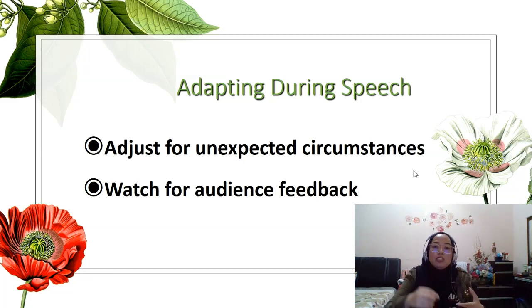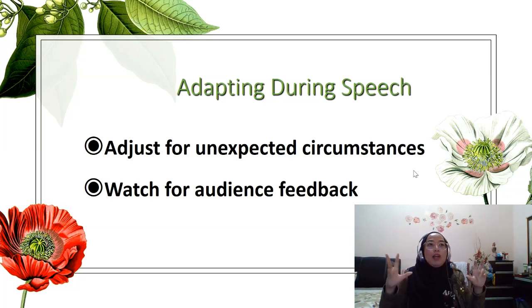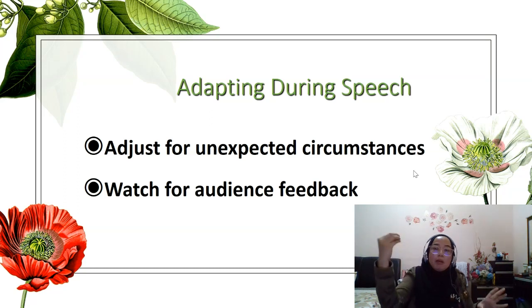Basically, try to adjust to some unexpected circumstances. Just now, you prepared and sort of expected what they would respond to when you are giving this speech, but sometimes you plan it but it doesn't go that way. You can actually still try to adjust your speech when you are presenting. And secondly is try to observe your audience's responses and look at their feedback. Pause, think about what could be the best way for you to alter